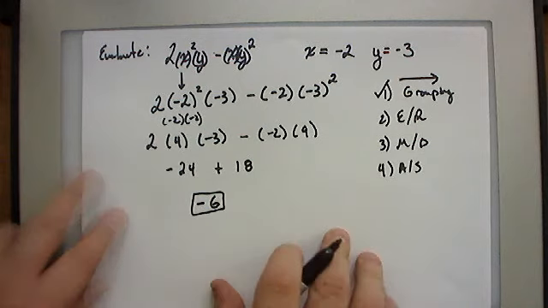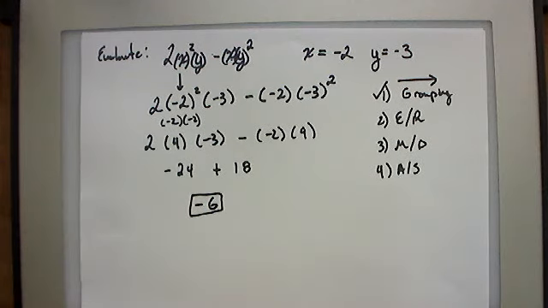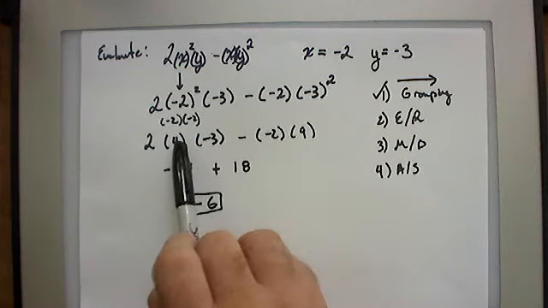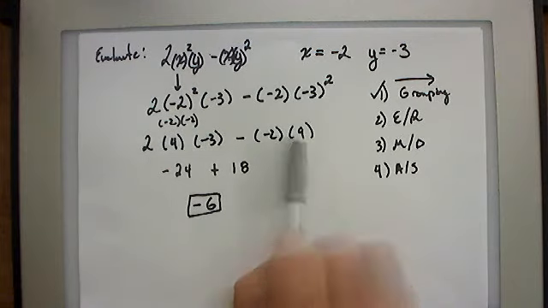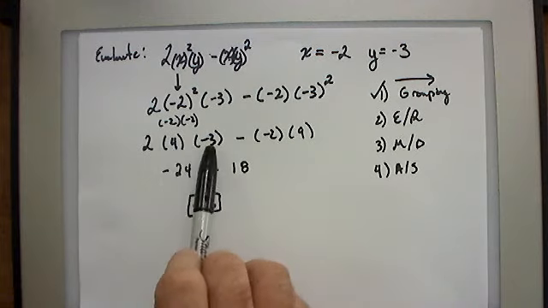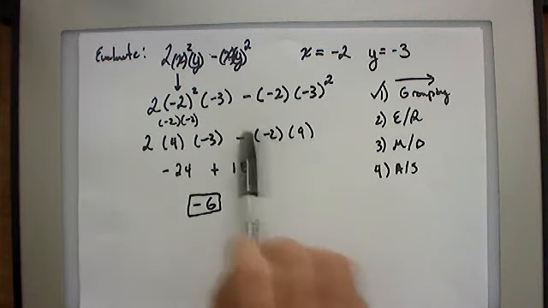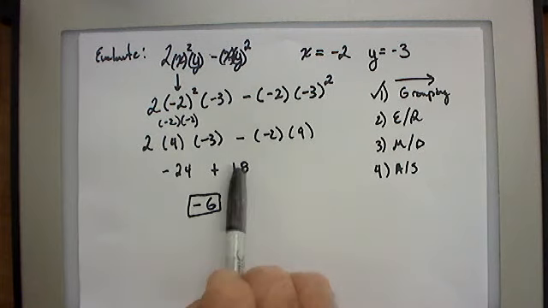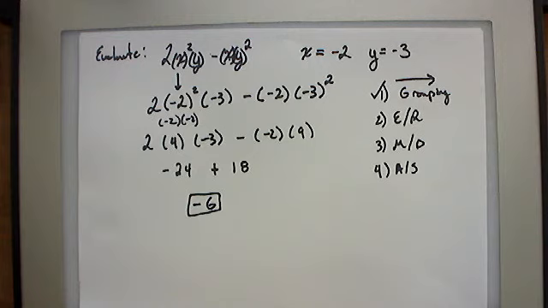Take a minute, make sure it makes sense to you. It's kind of a longer one, right? We said -2 squared is 4. -3 squared is 9. 2 times 4 is 8. Times -3 is -24. Negative and negative is positive. 2 times 9 is 18. -24 and 18 is -6. Okay? Now, what if,